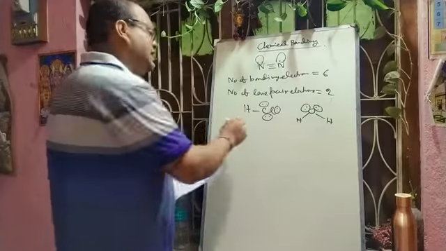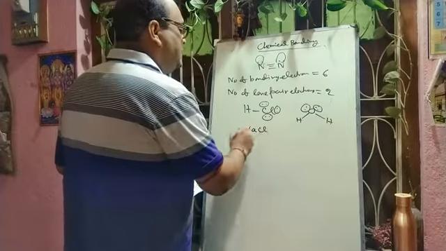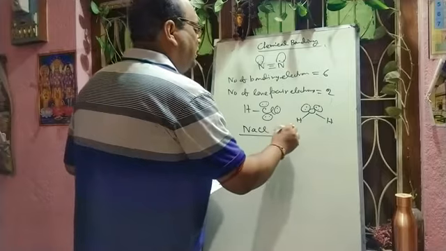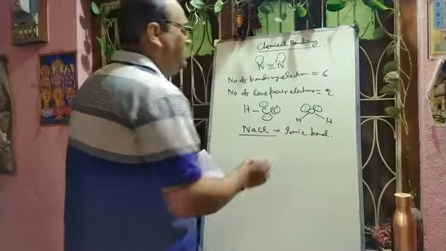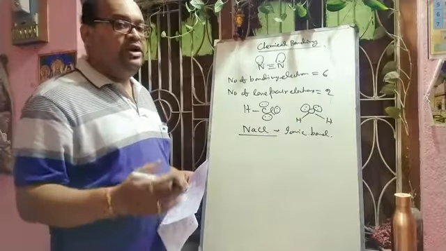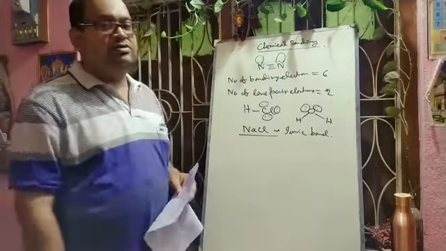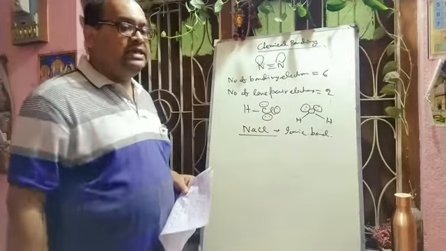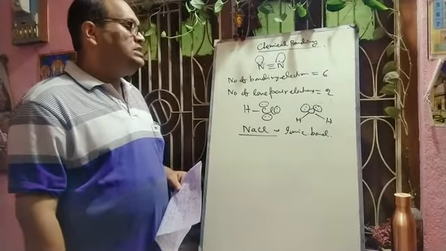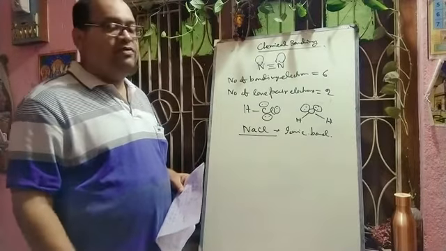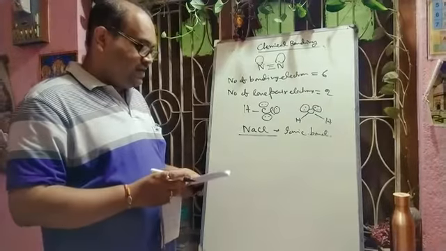Next, which of the following compounds contains a coordinate bond? If we consider NaCl, in case of NaCl, it is purely ionic. So the type of bond will be ionic here. Sodium will transfer 1 electron to chlorine, and Na will become Na plus and Cl will become Cl minus. So this is an ionic bond, and the type of force here is the electrostatic force of attraction.